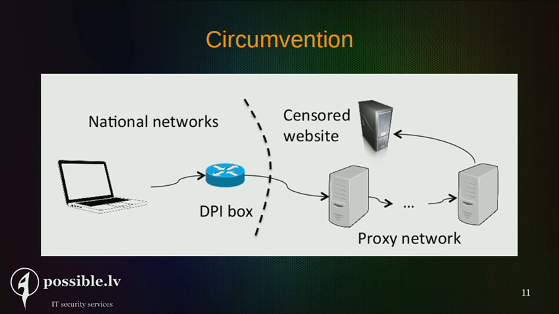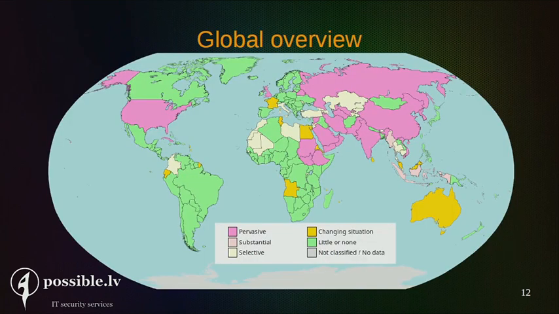Now, we will mention circumvention briefly in the presentation, so for you to understand how it works, here's the general graphic. You have your machine, and the country does deep packet inspection, and it tries to determine if it should block your connection or not. You can use a proxy network of some kind, it's a generic term here, outside your national networks to work around the censorship. That way, the deep packet inspection box will not be able to understand that you're accessing unallowed traffic.